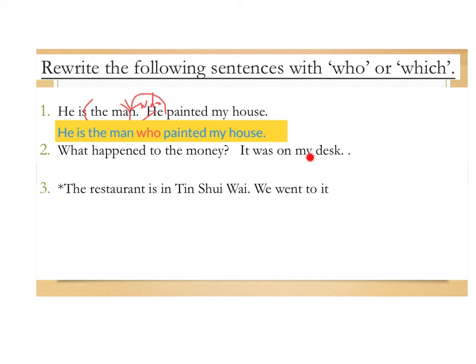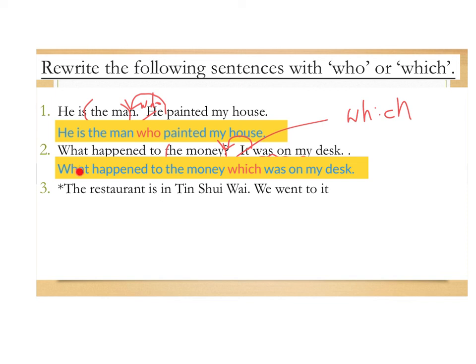Number 2. What happens to the money? It was on my desk. So, it was on my desk. It gives you more information about money. So, you will put this part behind money. And then you change it to which. Then the sentence will become What happens to the money which was on my desk? Okay, question mark. 嗰啲喺我台上面嗰啲錢呢，發生咗咩事啊？